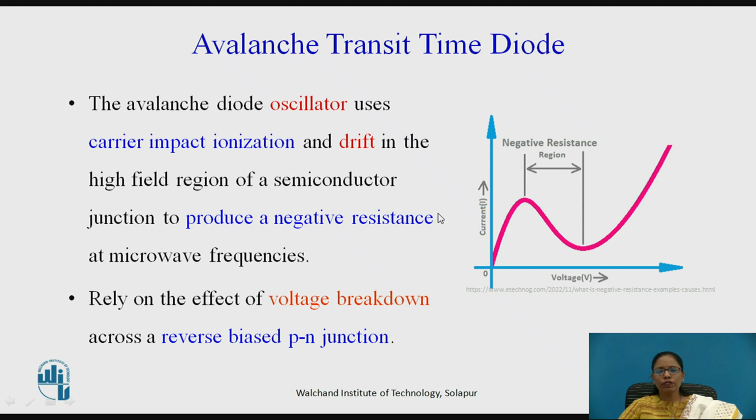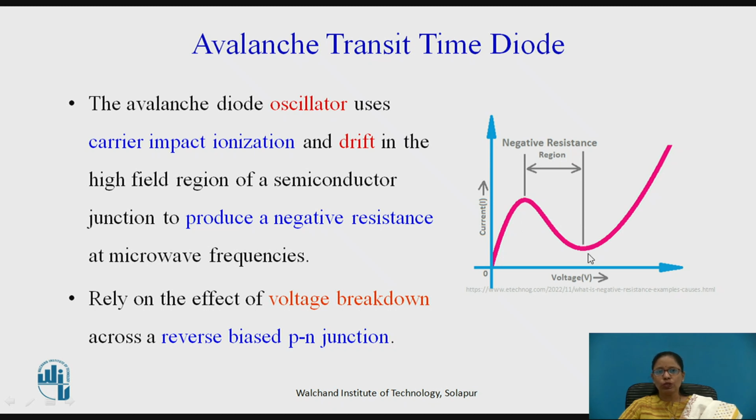What is negative resistance? Generally, by Ohm's law, V is equal to IR. As voltage increases, current increases linearly. But in negative resistance, even if we increase the voltage, the current is reduced. So this part is called negative resistance, where it is assumed that the device will be sourcing the energy instead of absorbing the energy. So we make the device work in the negative resistance region so that